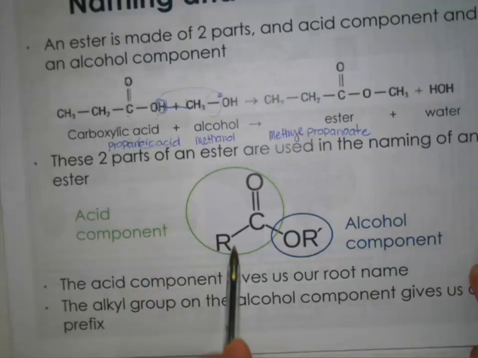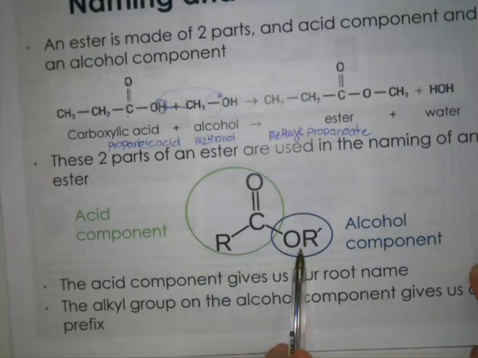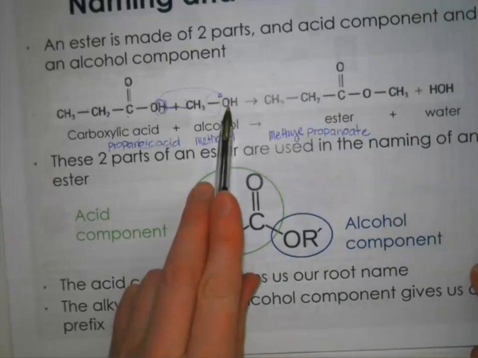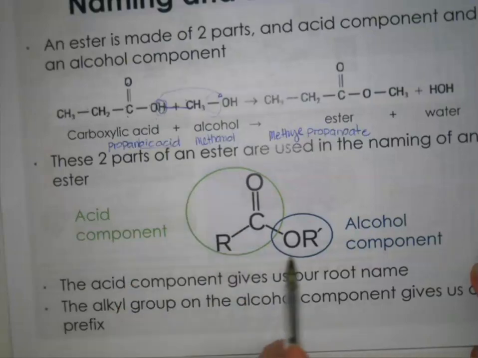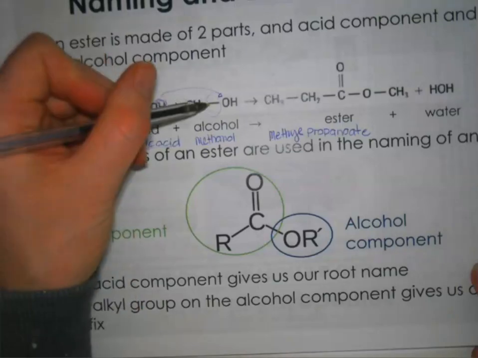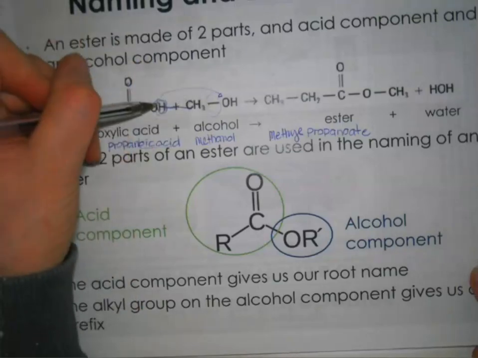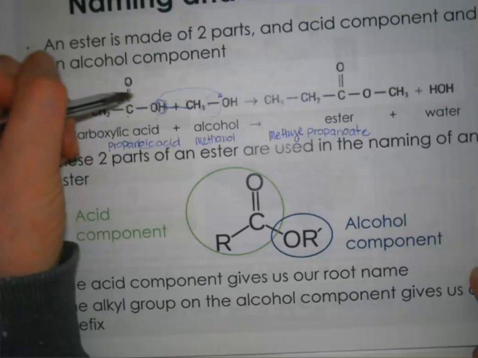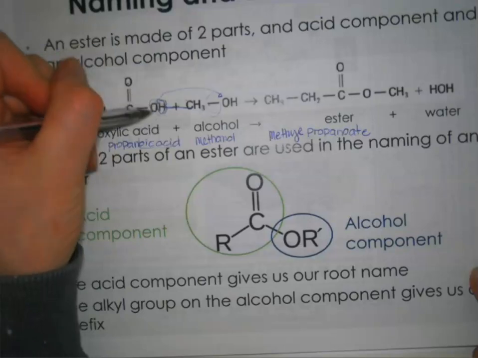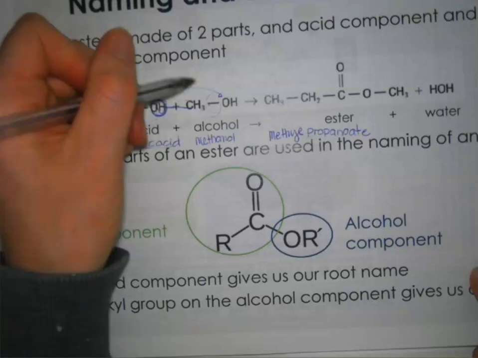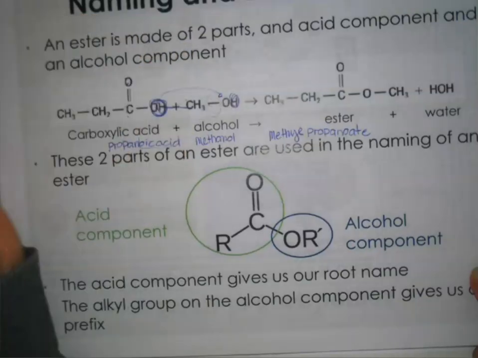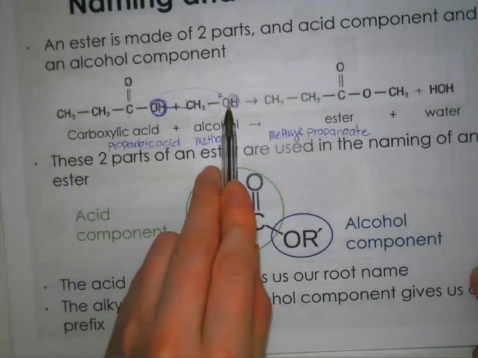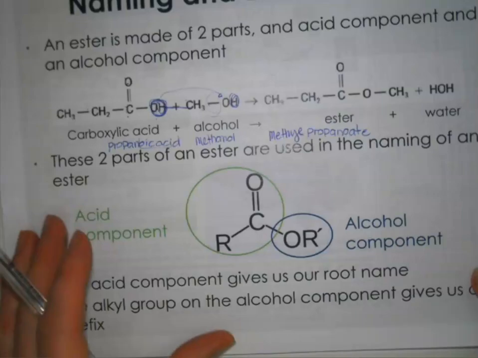Remember, this could just be a hydrogen over here, but with the alcohol component, you have the oxygen from the hydroxyl group, and then whatever carbon it was attached to. So actually, sorry, I kind of misrepresented that here because I had the hydrogen being lost off the carboxylic acid, but actually it's more like this is bonding off to that hydrogen, and this oxygen stays on here from the alcohol. Okay,